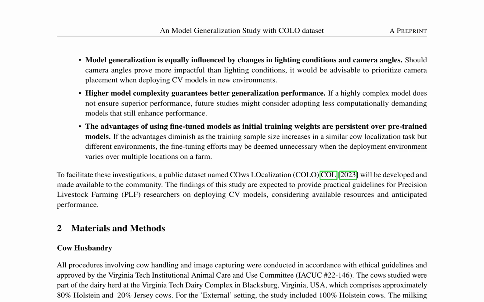This study delves into the generalization of computer vision models in cow localization tasks, focusing on the impact of lighting conditions and camera angles. The findings suggest that both factors equally influence model generalization, with higher model complexity guaranteeing better performance. Fine-tuned models offer persistent advantages over pre-trained models, especially when training sample sizes are limited. A new dataset, COLO, is being developed to facilitate these investigations and provide practical guidelines for precision livestock farming researchers